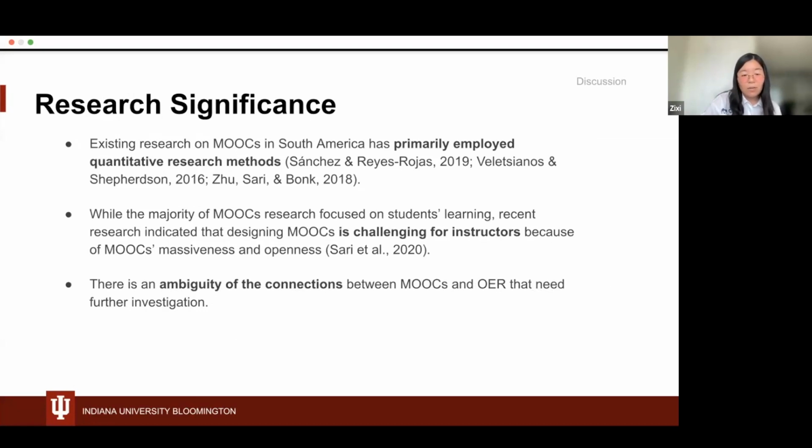And there is also an ambiguity in the connection between MOOCs and OER that needs further investigation. We believe our findings contribute to our understanding of how MOOCs and OER have a dynamic relationship with each other and how OER can be integrated into MOOCs to facilitate more equitable learning.